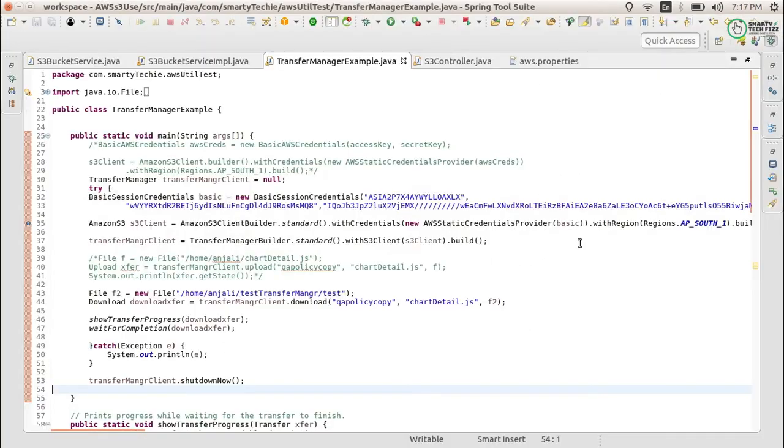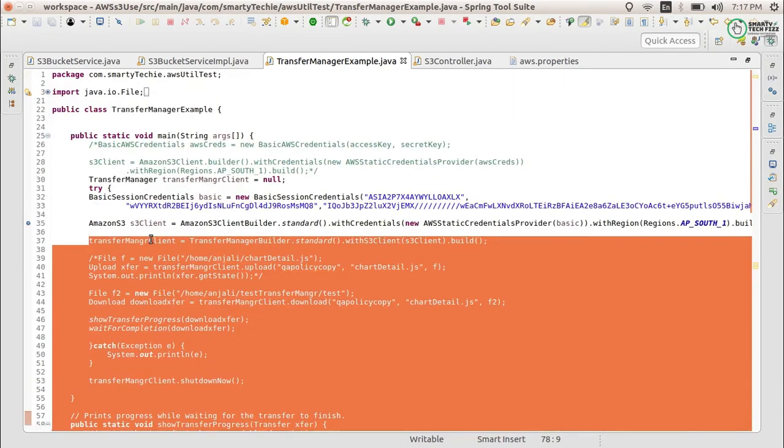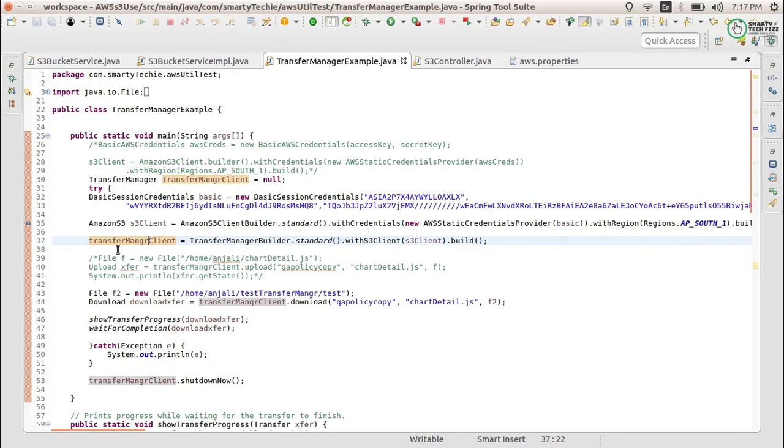So that was about today's topic, how we can create the transfer manager client. It will help you to create the client and just do the operations using the transfer manager. So please stay tuned for the next part. We will be doing the different operations on the transfer manager and see its implementation and some theoretical things about how it works. So till then, take care.